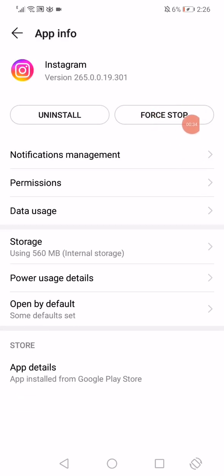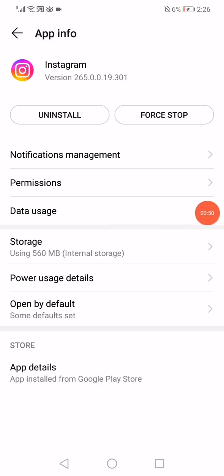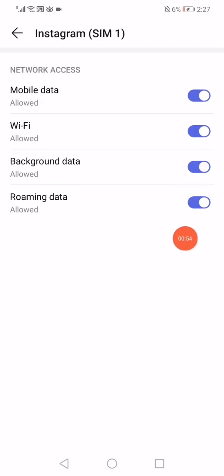and then click here on this stop or force stop to stop running the app in the background of your phone. After that, you have to go into the permissions and make sure to enable all the permissions, especially the storage permission. Now one last thing you want to do, click on data usage and disable the background data and